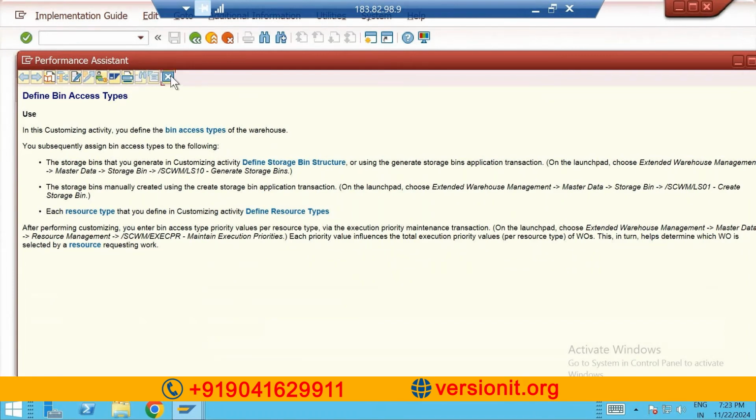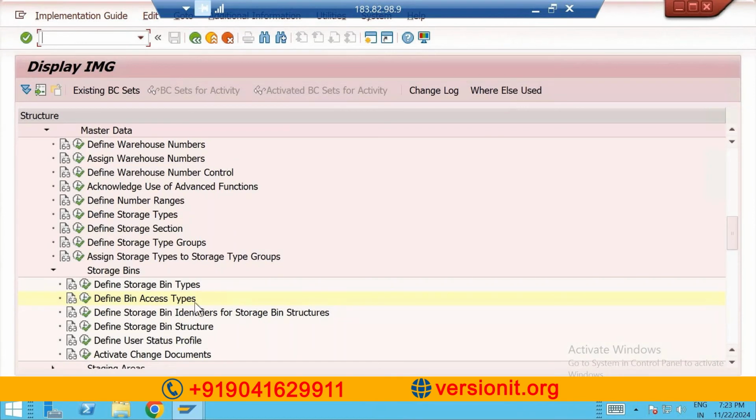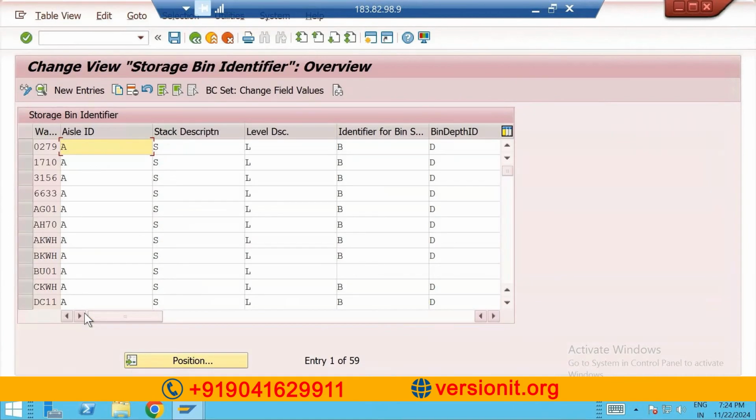You see there are some dependent configurations as well, like define storage bin identifiers and a bin structure. So we are going to further configure the bin structure and bin identifiers, etc. If you are going to create them, then we will use the bin access type, etc. What is a bin identifier? Bin identifier is nothing but,